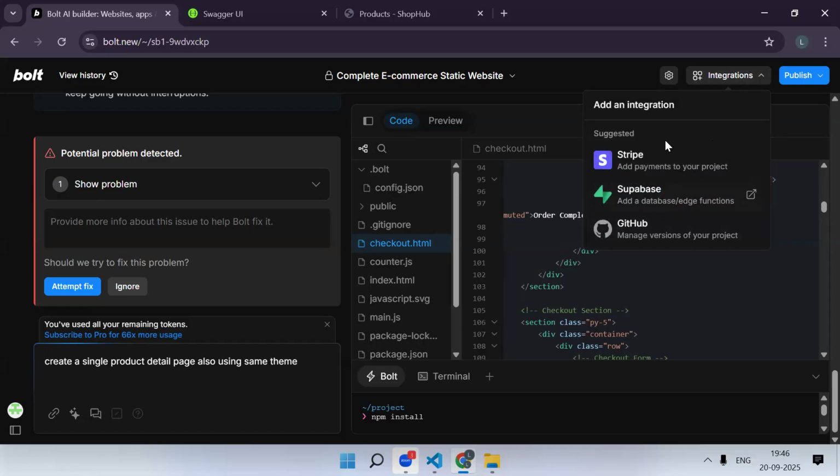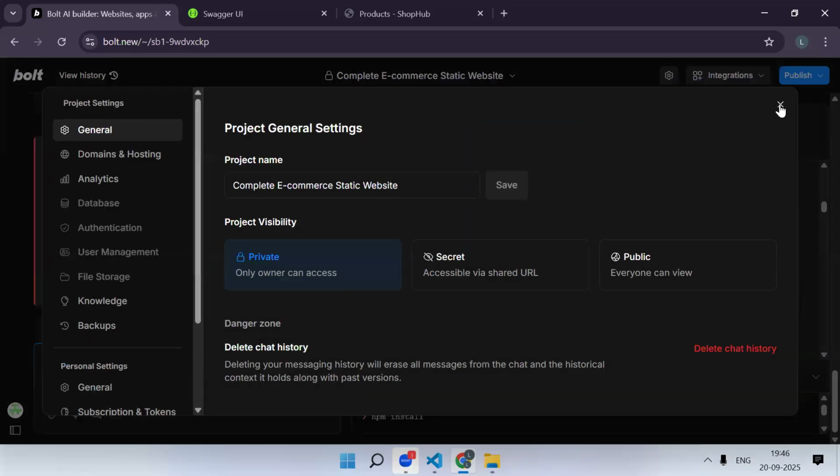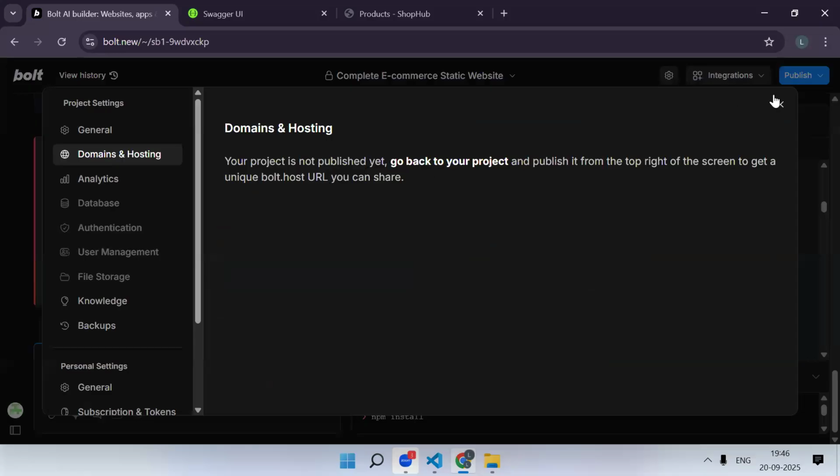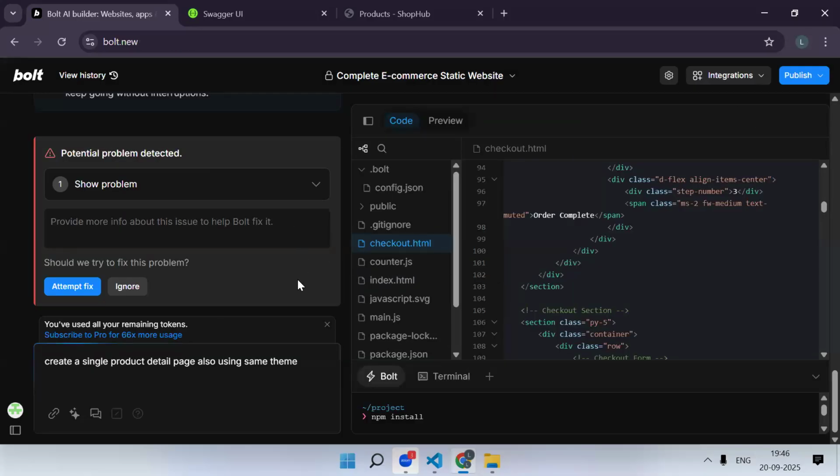Okay, here we have so many integrations also. See, Stripe payment also we can add by default. Okay, again in the paid version, so many things are there. Here also domain and hosting is there. Okay, so